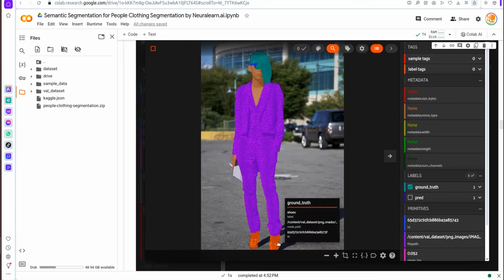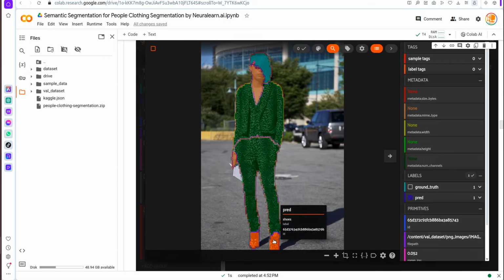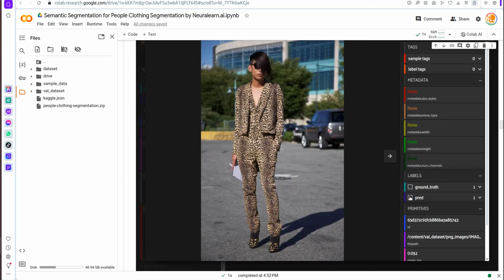For the shoes, here we have shoes. Let's see what the model predicted. It did well with that. Hair, let's check that out. It wasn't bad. But what really gives this a very bad score is just the